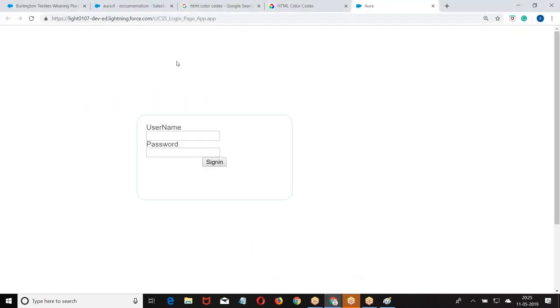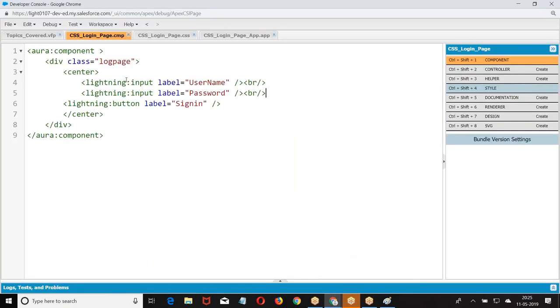So we have the basic structure of the login page. Now the text we don't want to align on the left hand side. We want to put it on the right hand side. Now what can we do?